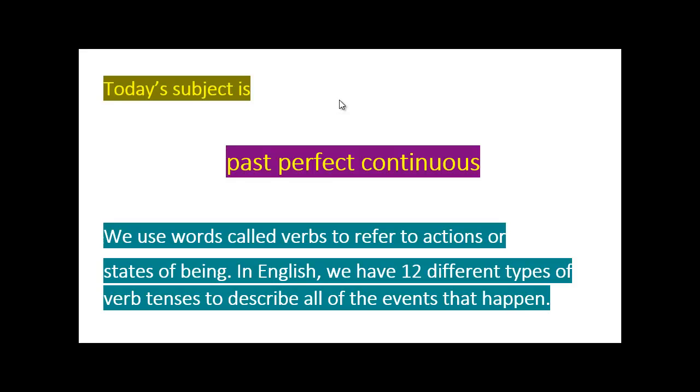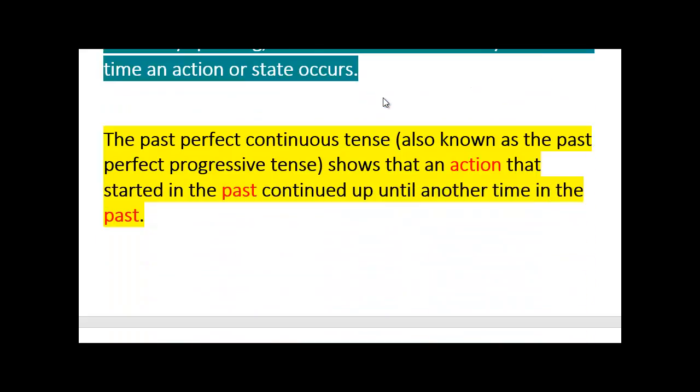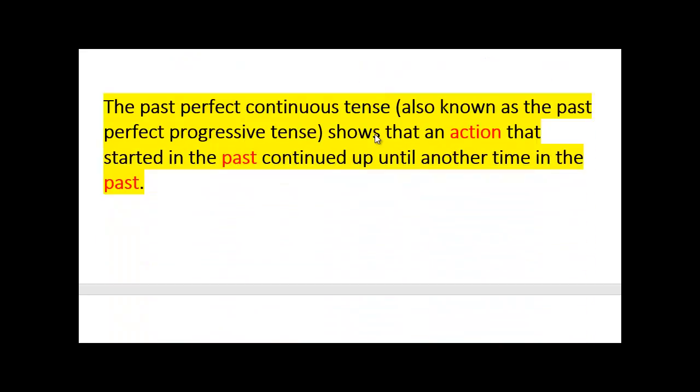The tenses, we know we have 12 tenses. We talked about many of them in the videos, okay? We have present and past and future: present simple, present continuous, present perfect, present perfect continuous, and past simple, continuous, perfect, perfect continuous, and future simple, future continuous, future perfect, and future perfect continuous. Total 12 tenses. Now, the past perfect continuous is an action that started in the past, took a while, and